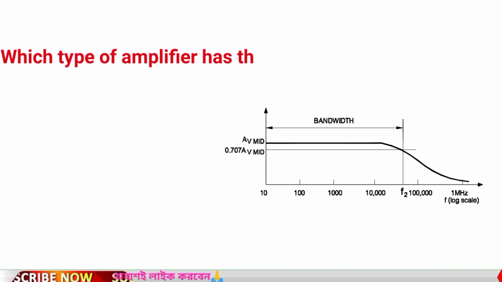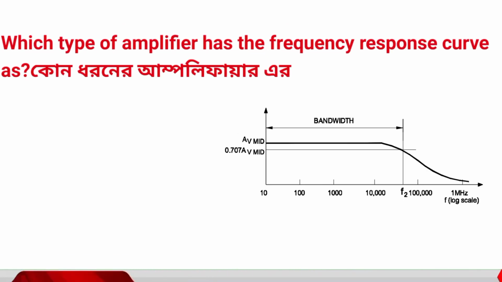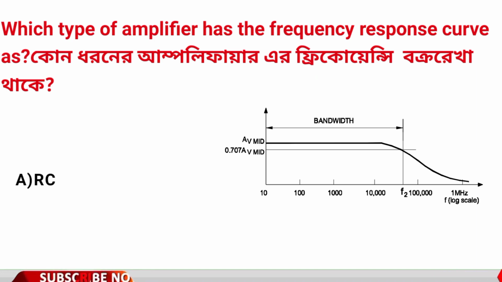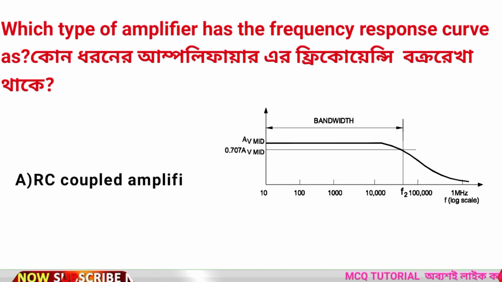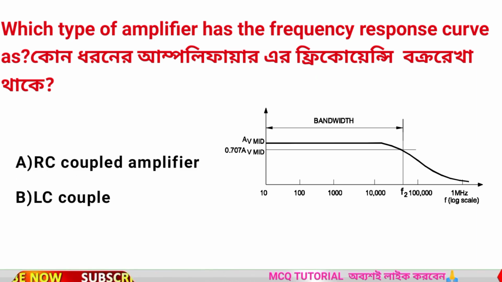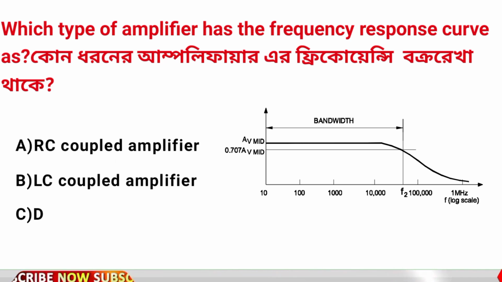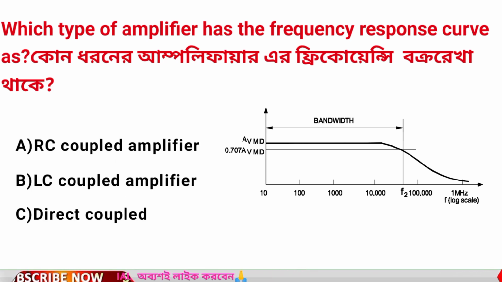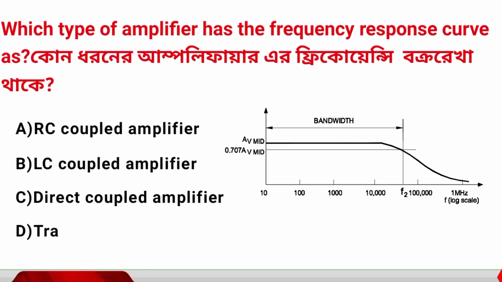Which type of amplifier has the frequency response curve shown? Option A, RC coupled amplifier. Option B, LC coupled amplifier. Option C, direct coupled amplifier. অপশন ডি ট্রান্সফরমার কাপেলড এমপ্লিফায়ার।